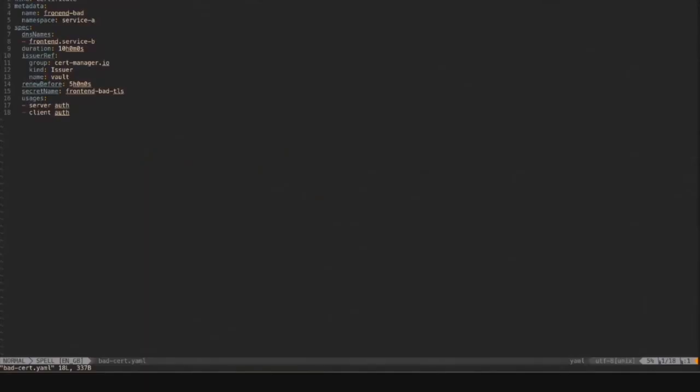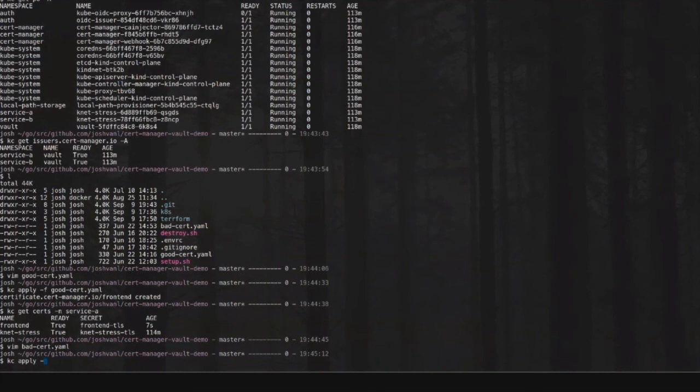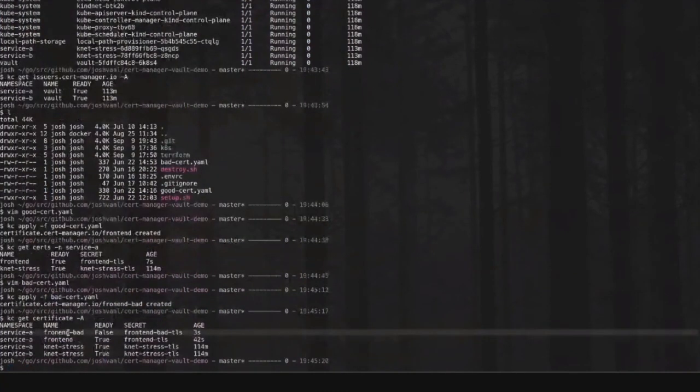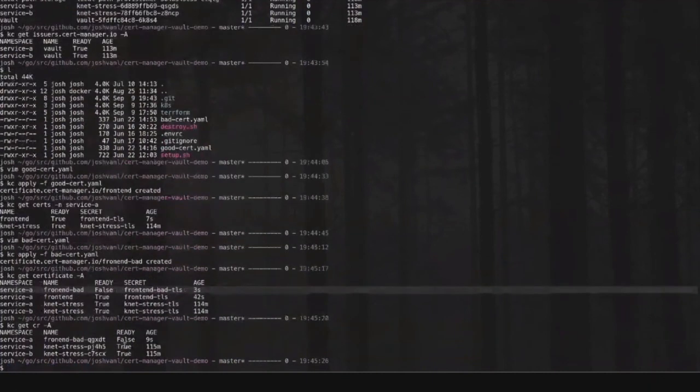But if I was to create a quote-unquote bad cert, you can see in this example I'm still in namespace A, but I'm creating a certificate that is valid for front-end.service-b, which is obviously another namespace and shouldn't be allowed to be created in service A. So I'll go ahead and create this bad cert. And if we get our certificates, you can see this front-end bad cert is not ready. And if we get the certificate request from the namespace as well, you can see already there. So I can describe